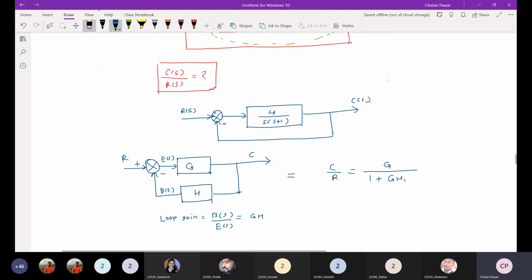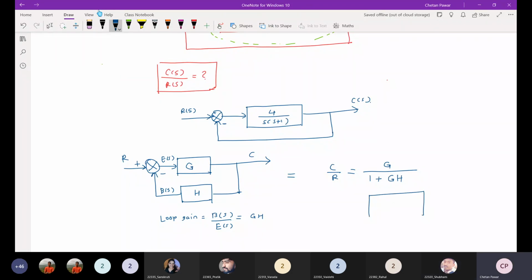Now in our system, we are using a unity gain system, right? So for a unity gain system, our feedback factor is 1 only. So H will be 1 here, right? So the same rule we will apply. So our system will reduce to